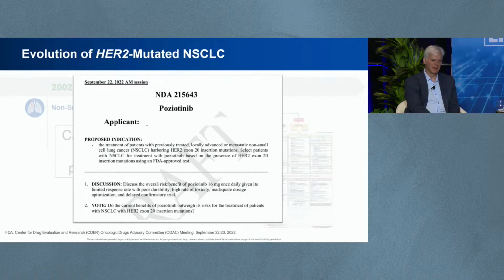And I brought in this slide because I was actually in the ODAC meeting 4 years ago where poziotinib was being developed, a novel, specific ERBB2 TKI that seemed to have promising activity. And the question was asked to a group of expert oncologists whether it should be approved, at a response rate of 28%. Yes, it did have a toxicity profile. I was so eager to get it approved that I was the only one of 2 oncologists on the panel voting yes. The rest of the panel voted it down, leaving us with nothing outside of standard chemotherapy just 4 years ago for patients with ERBB2 positive